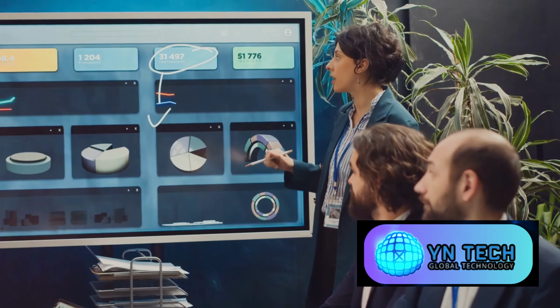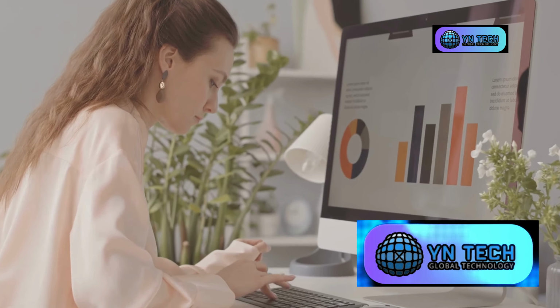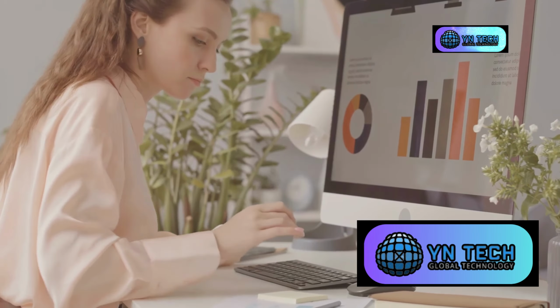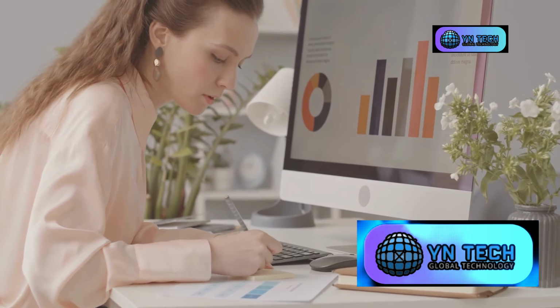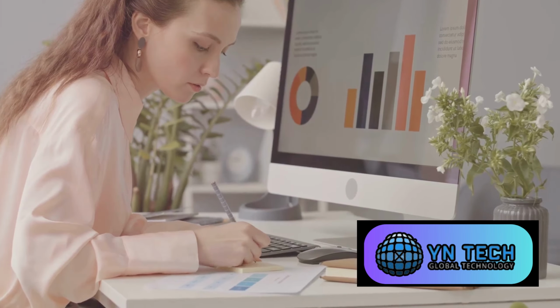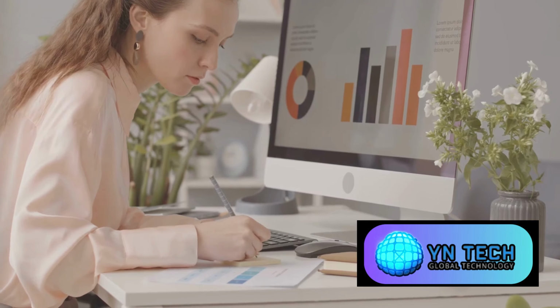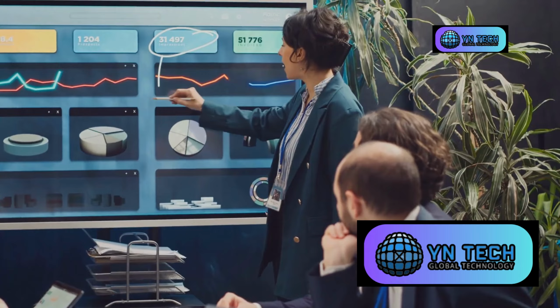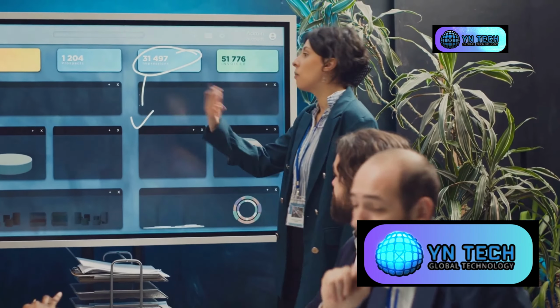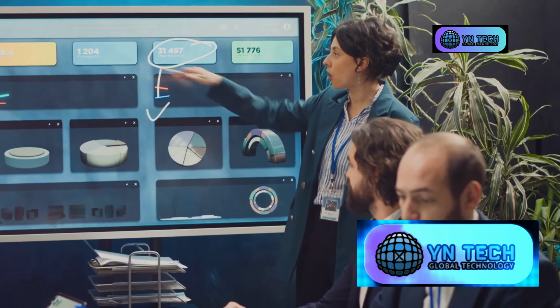need to make improvements. Bounce rate, the percentage of visitors who leave your website after viewing only one page. This metric is crucial because it can indicate whether your content is engaging or if visitors are leaving without exploring further. A high bounce rate suggests something's wrong. It could be that the content isn't relevant, the page is taking too long to load, or the user experience